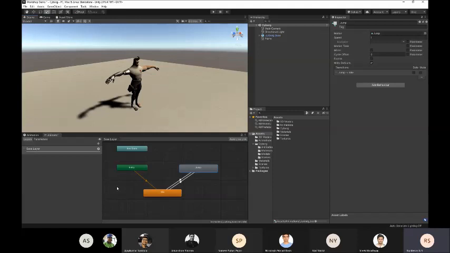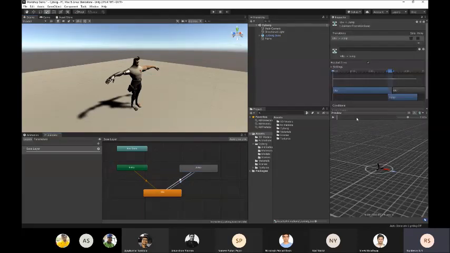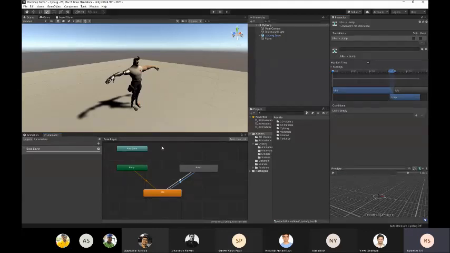So for that, what we do is click on this transition, which goes to jump, minimize this. We create something called a parameter for this transition. So only if that parameter is met, then the character will transition into the jump animation. So for that, go to parameters and click on plus over here. And you can select which kind of parameter you want. I'll select a trigger parameter. I'll call this can jump.